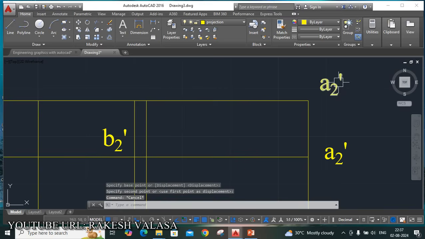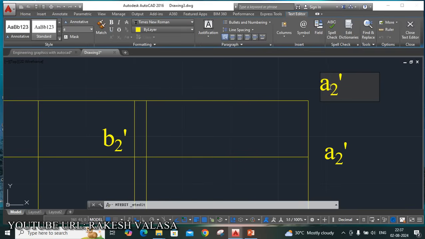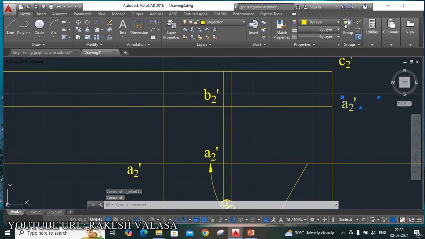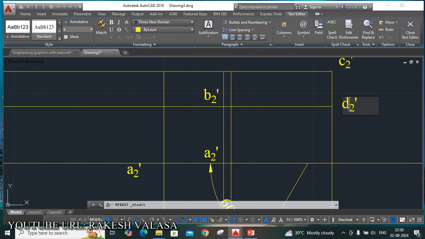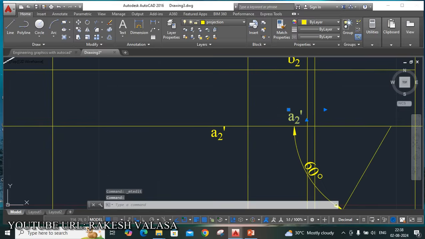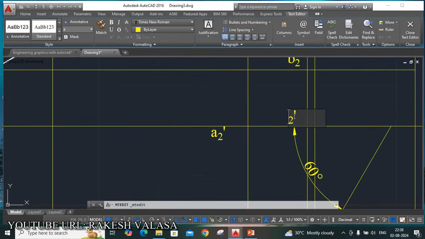This one is C2 dash. Next D, this is the D2 dash. Next E2 is E2 vertical projector and this is the E2 dash line, E2 dash point.